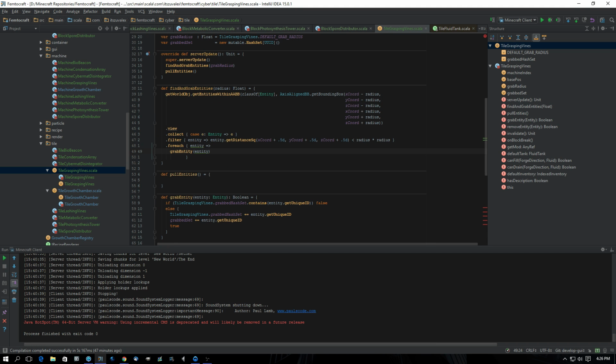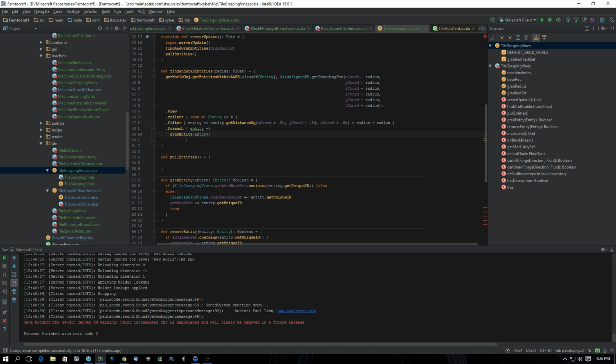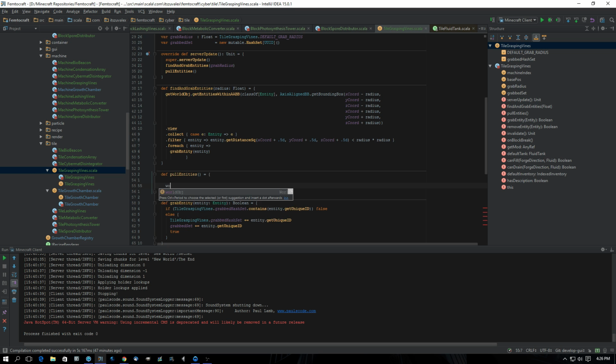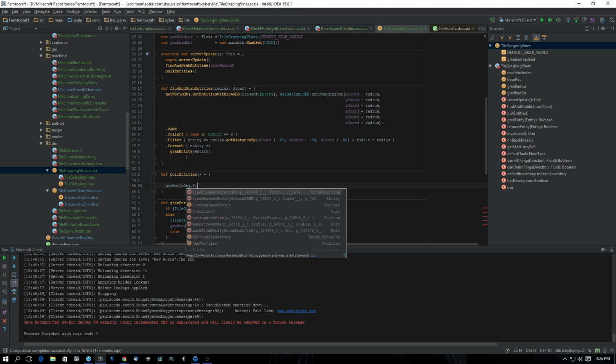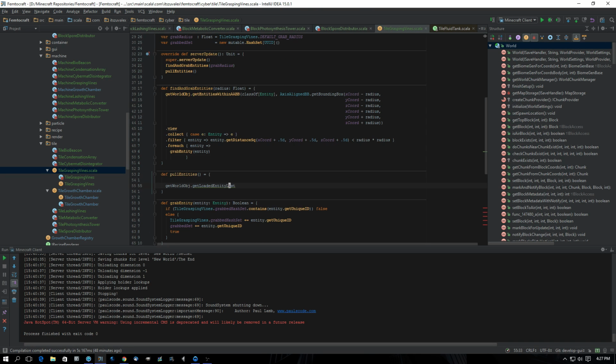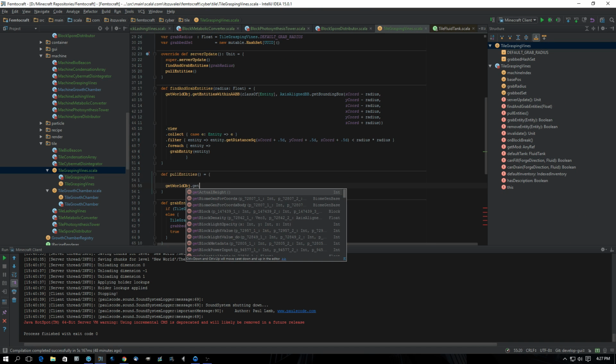So we want to grab our entity. And now, remember the thing I was talking about before, where I have to go through get entity by ID. First of all, that's side-only client. It's freaking stupid. Get entity